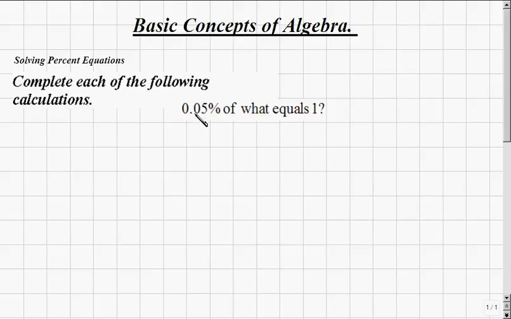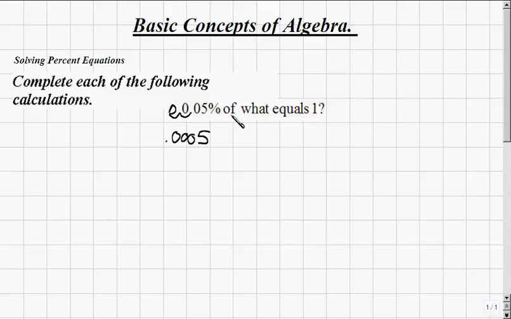So let's first convert 0.05% to a decimal. And to do that, we'll move the decimal point 2 places to the left and remove the percent symbol. So 2 places to the left will need an extra 0. So 0.05% becomes